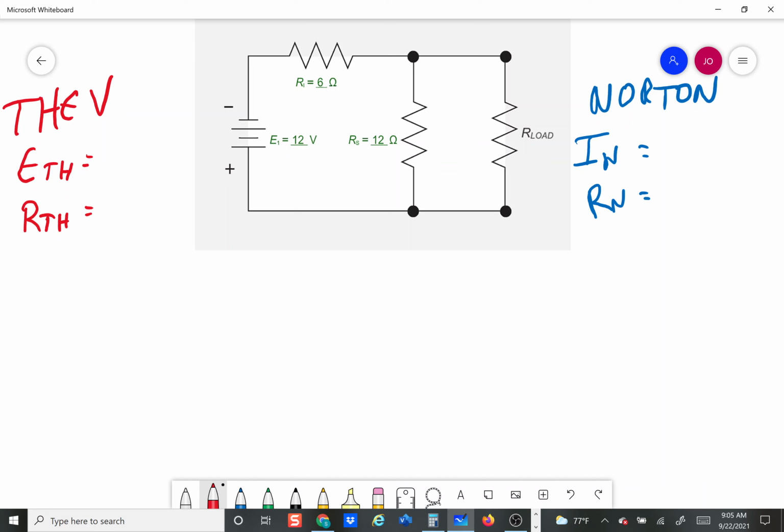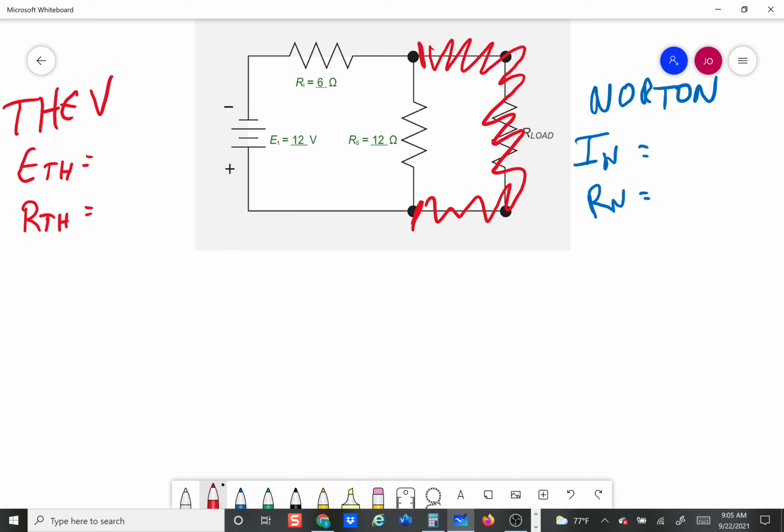So what I will start with is how do I solve for my Norton or my Thevenin resistance. And the reason I'm going to start there is because we solve for them the exact same way. And if I just take this loose here, where my load resistor is going to be, if I just take this and act like it does not exist at all,